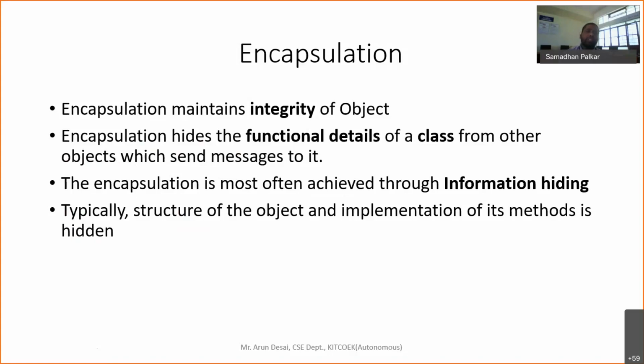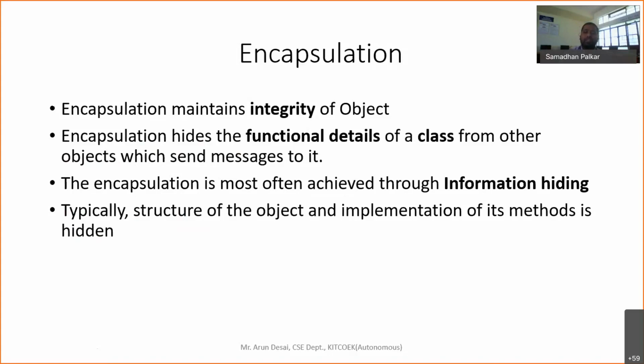Obviously, by using information hiding, we achieve encapsulation. Now, what is information hiding? Whatever the structure of the object is, whatever methods are going to be implemented on that object, those are all hidden from the outside world or from other objects, right? This is simply called information hiding. We can achieve information hiding by encapsulation, but there is a blurred line, a differentiation between encapsulation and hiding, right?